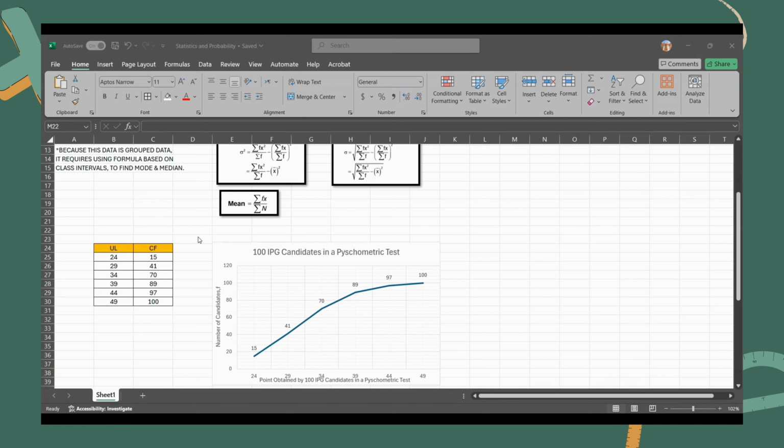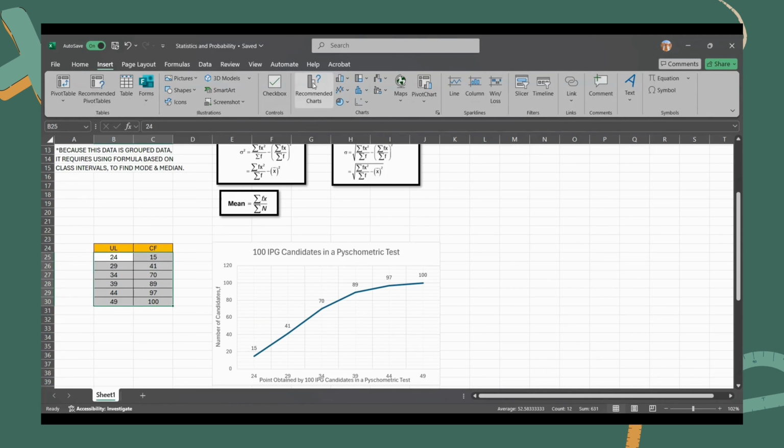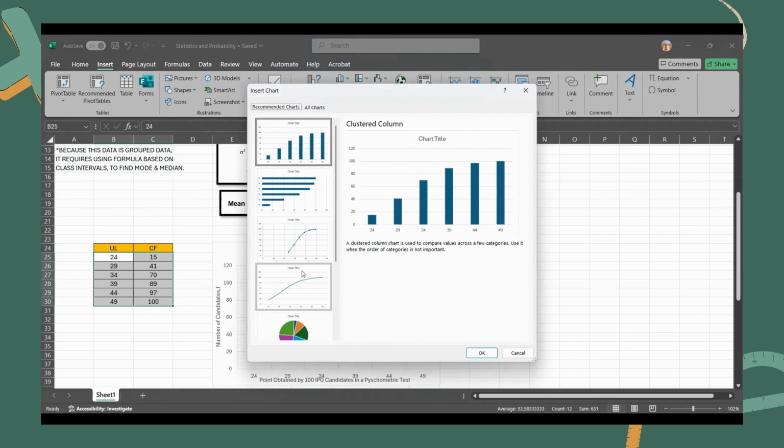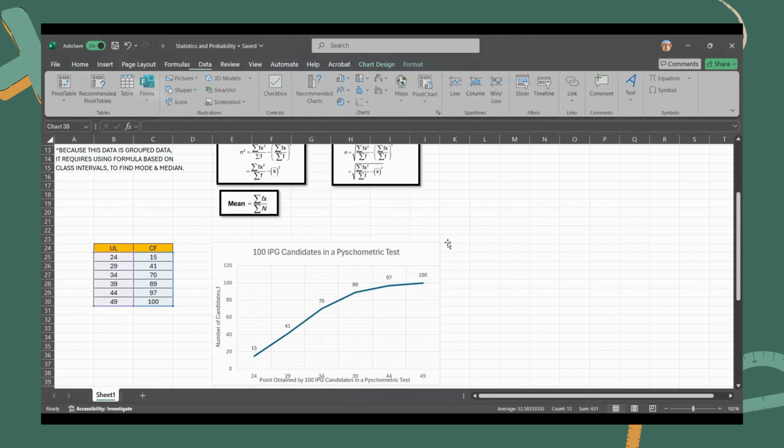So now we teach you how to create an OGIVE first. So step 1, set up your data. X-axis as upper limit and Y-axis for cumulative frequency. So now we highlight all the data and then click the insert tab. Choose a recommended chart. We use a line for an OGIVE.